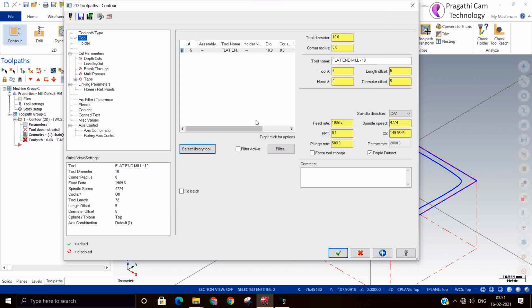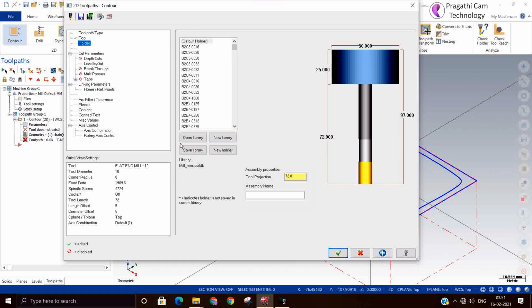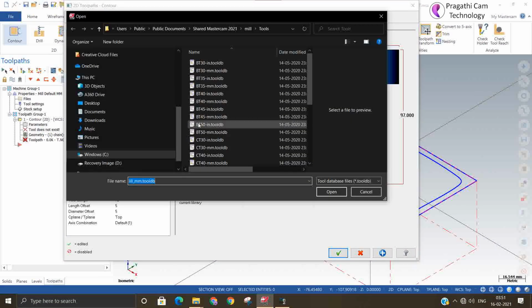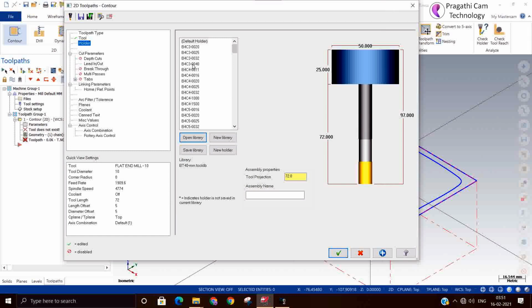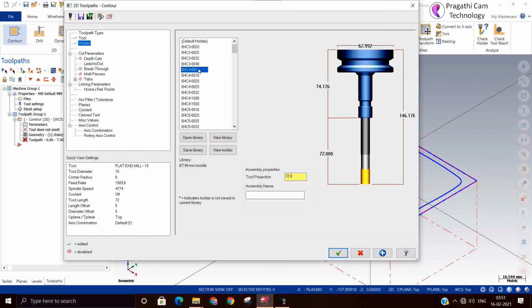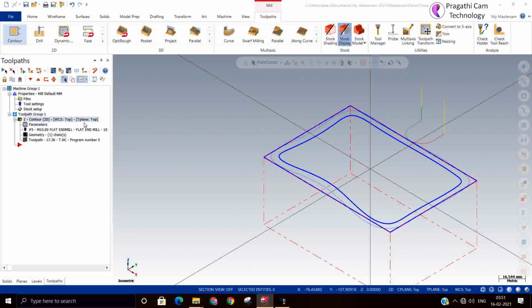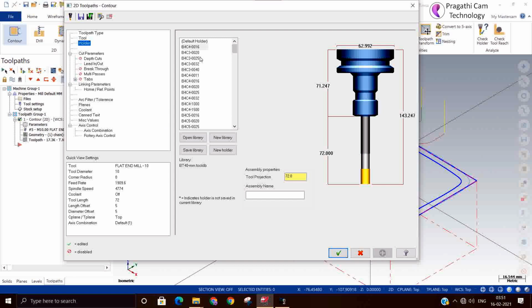So next you can select the holder. The holder is not compulsory, but if you want you can add it. I observed that the cut length of the cutter is less.